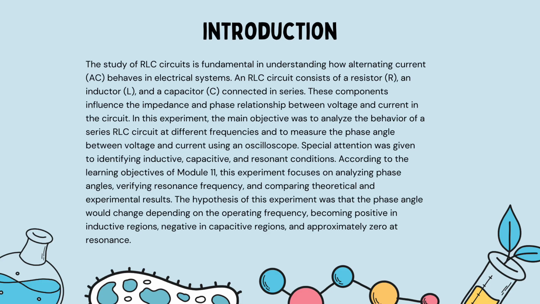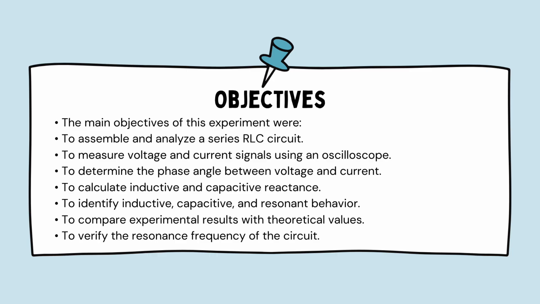In a series RLC circuit, the resistor, inductor, and capacitor together create an impedance that depends on frequency. Because of that, the relationship between voltage and current changes with frequency. My hypothesis is that the phase angle becomes positive in inductive regions, negative in capacitive regions, and approaches zero at resonance. Objectives. The objectives were to assemble and analyze a series RLC circuit, measure voltage and current signals